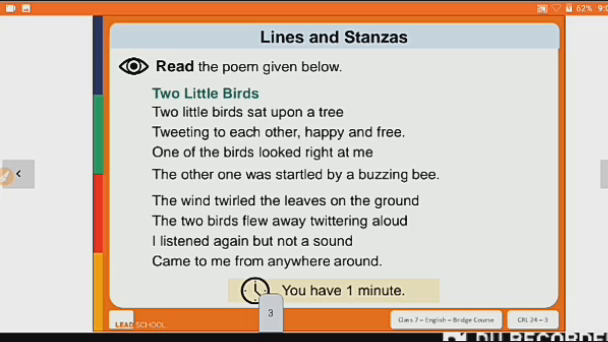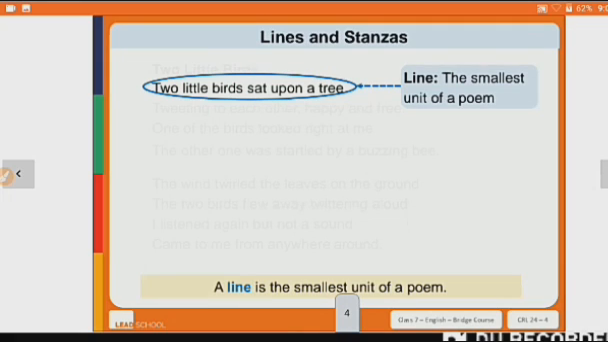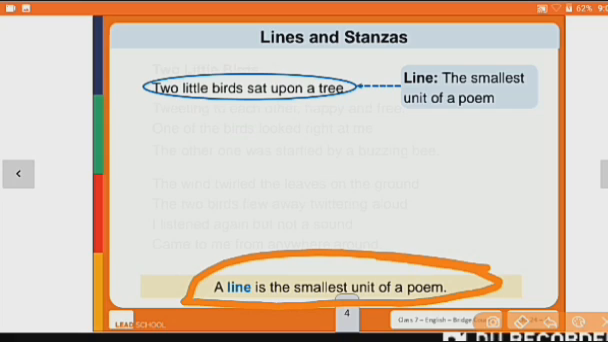Wow, it's a very good poem about two little birds, what they were doing. So here we will not go for the explanation, but what is the line and what is the stanza. Two little birds sat upon a tree. That is called a line, the smallest unit of the poem. A line is the smallest unit of a poem. Okay, students? So you have to write that down in your fair book. Lines and stanzas. What is a line? A line is the smallest unit of a poem. You have to write that down. Okay, next,